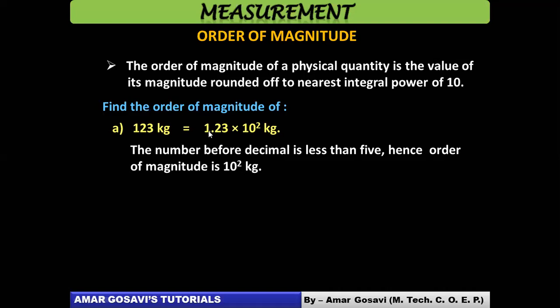Had it been 5 or more than 5, then what you are supposed to do? Okay, the next question comes into picture. But if it is less than 5, then how to depict the order of magnitude? This example makes it very clear to you people. Hopefully you understand this. In examination also, you get some quantity basically being measured. You just try to put it in this format and see what the order would be.